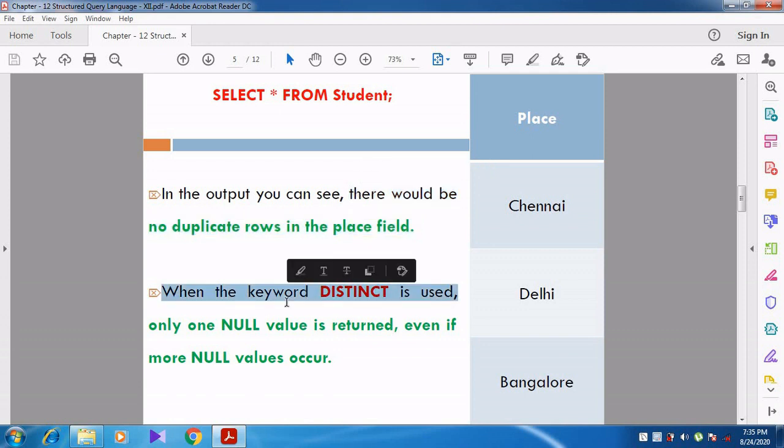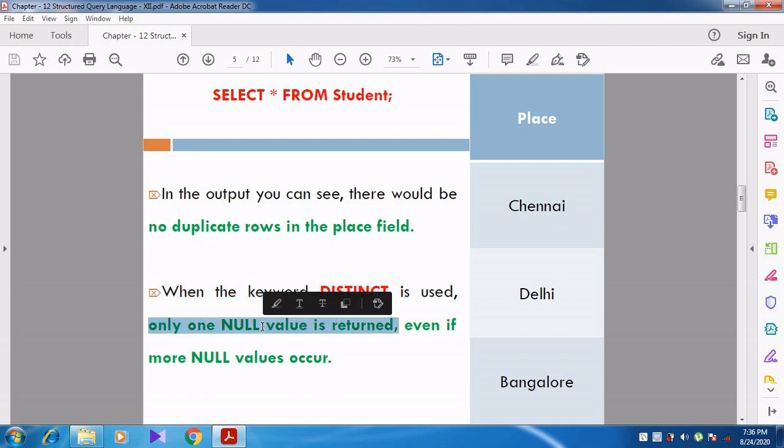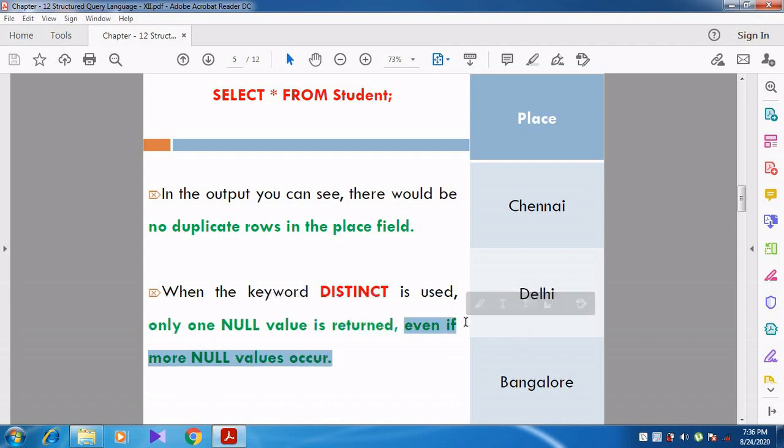When the keyword distinct is used, you might ask another question: Sir, if there are many null values in the column, what will happen? When the keyword distinct is used, only one null value is returned, even if more null values occur.